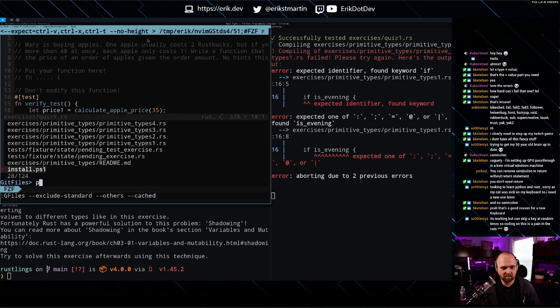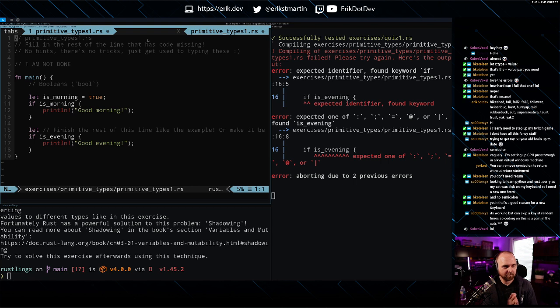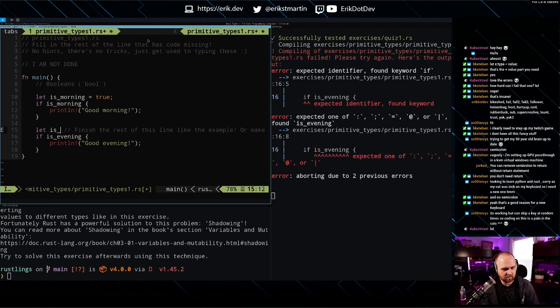All right, now we're gonna do primitive types. Types 1: fill in the rest of the line that has code missing, no hints, there's no tricks, just get used to typing these. Expected identifier, found keyword on line 16. I mean, I guess we would say